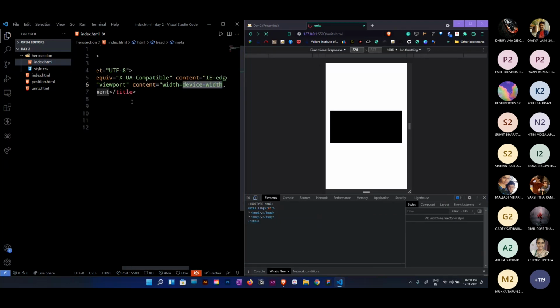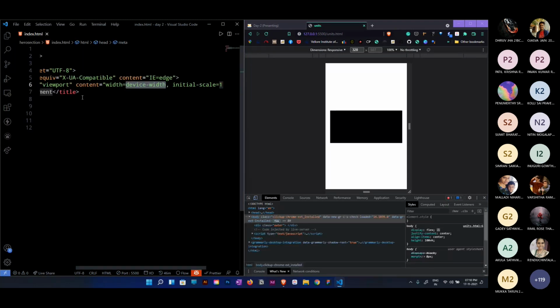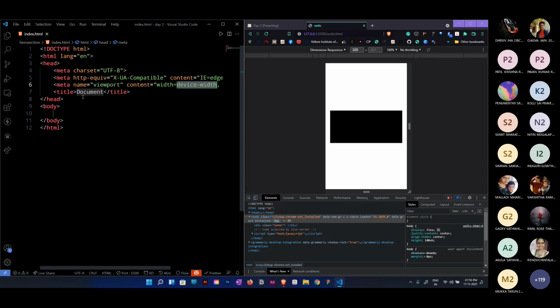Now, it is time to talk about these three meta tags. First, these are called meta tags. Meta tags hold the precious information about our website, something like keywords. You can specify the keywords to rank your website on Google, like what the content in your website is, and all those things.